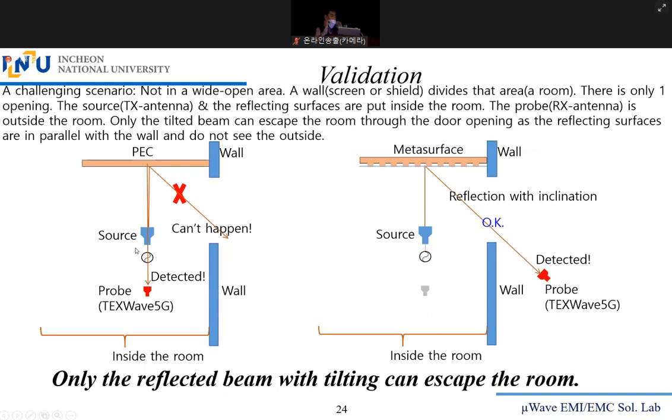So here again, if this is a PEC or ordinary surface, some people just fool or deceive you. Hey, it's just a simple PEC, but this is a metal surface. You can use this to bend or incline your incident wave to the other direction. It is covered by some kind of undetachable thing here, but you cannot lie when you test it with the real RF source like this. If this is a PEC, the reflected wave can escape the room.